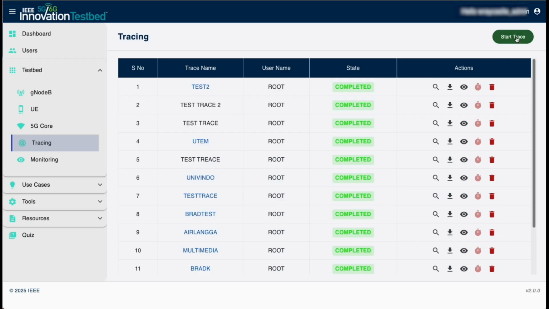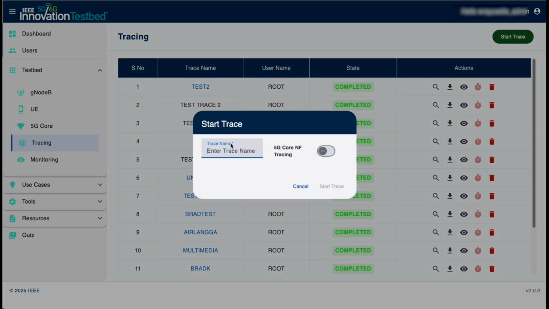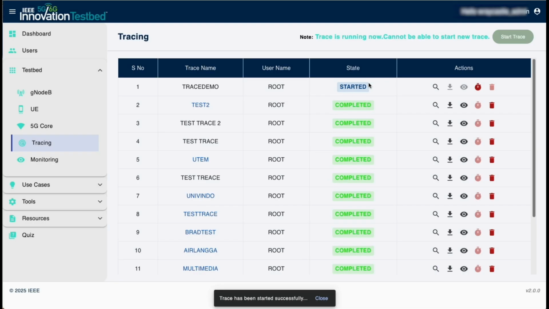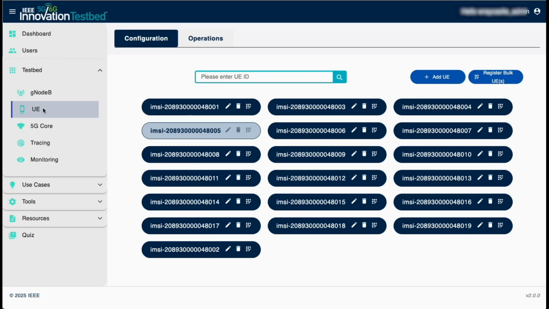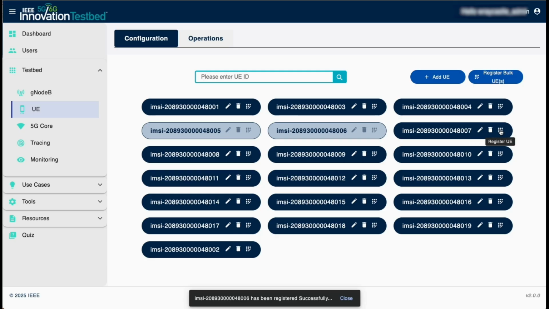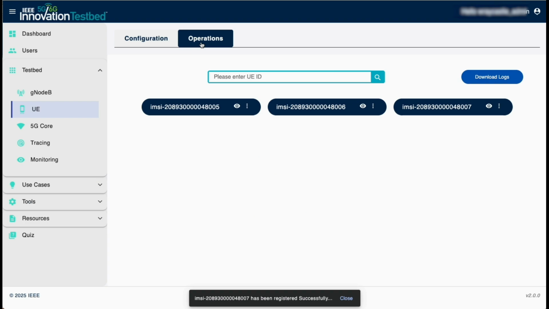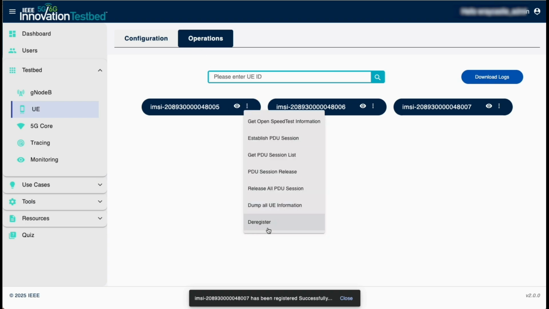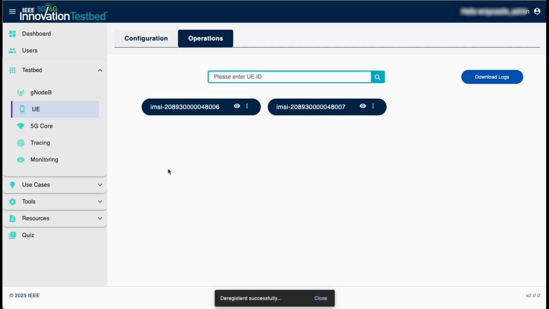Now tracing is where we can start to record certain actions for analysis later. So if I were to say start trace, I'll say trace demo and click start trace. My trace has now started. So now whatever action I take will be recorded. So if I go back to the UE section, let's say I register this UE, and I'll register this one as well. And then if I go to operations and I remove or deregister that first one,